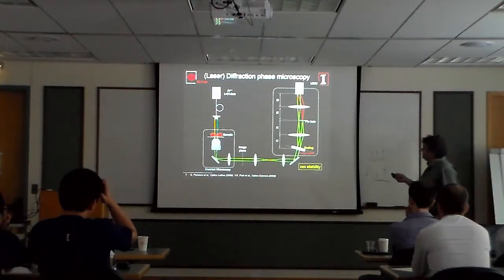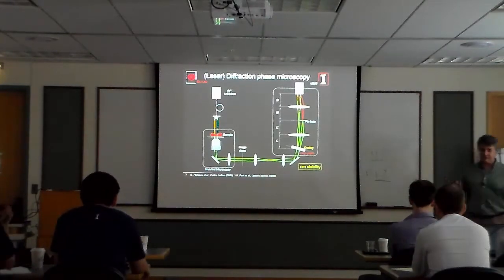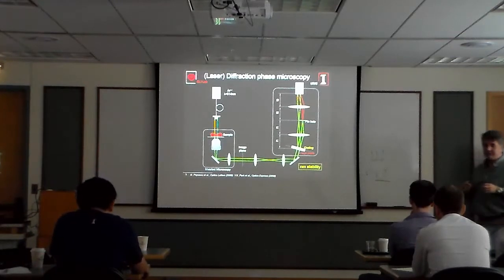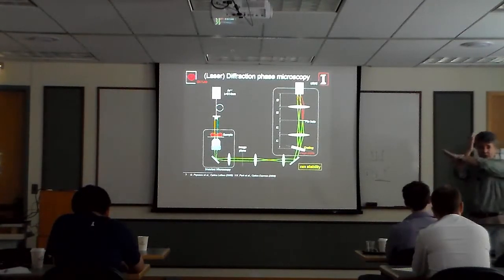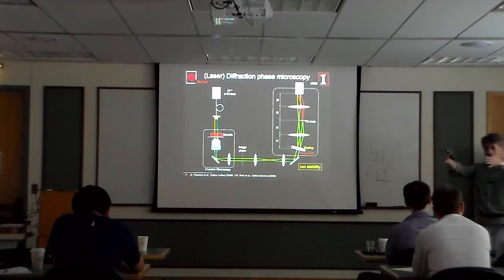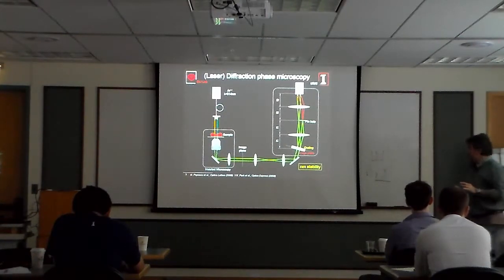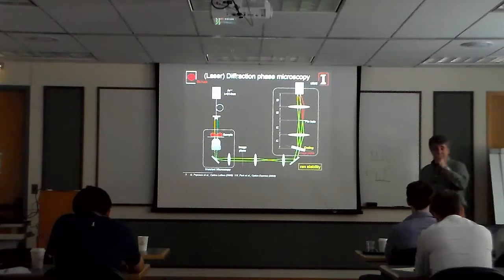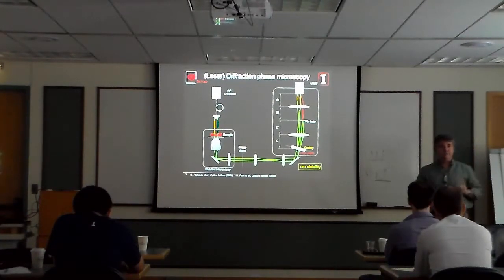And the idea with this setup is that whenever you try to measure phase shifts, the main obstacle is actually noise. If you take two beams and you separate them and you put them back together, like in a Michelson interferometer, or a Mach-Zehnder interferometer that goes like this, if you look at the fringes, they're always moving, and it drives you nuts. If you try to fix it, there is no way, unless you figure out a way to put the two beams very, very close to one another.